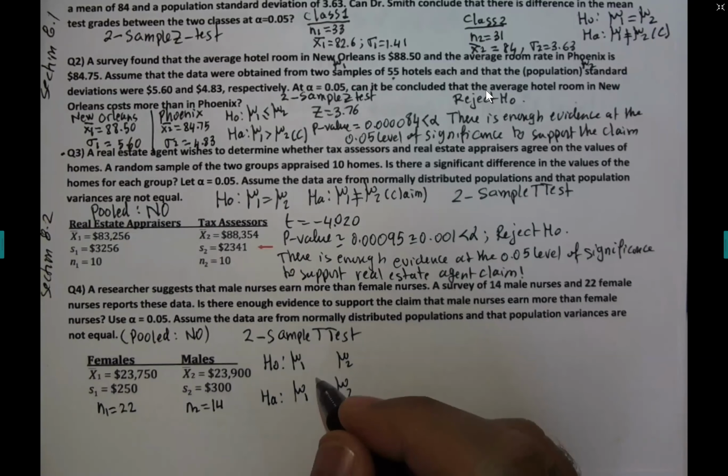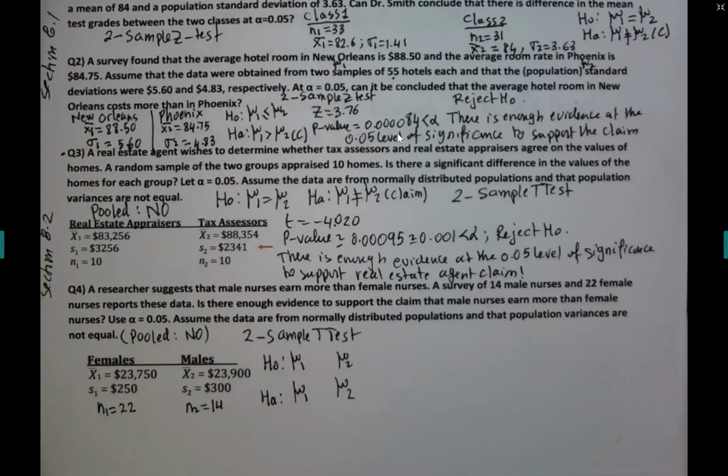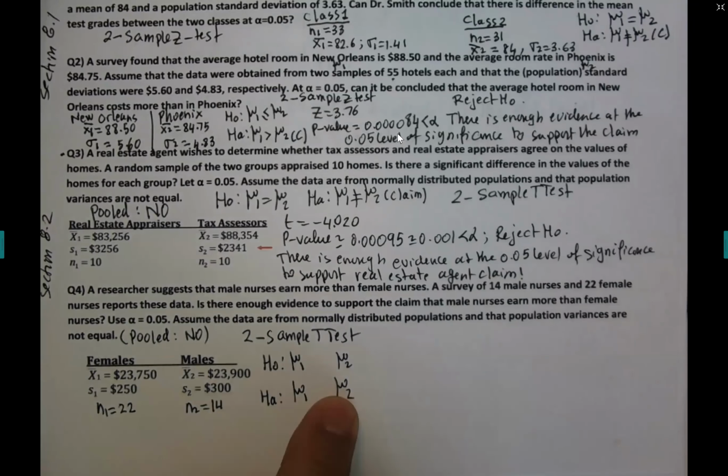Why is that? You see, this problem was going to get a lot of students. Why? I said I disagree. That's not correct. If you do it, you'll be testing the wrong claim. We start talking about males, right, guys? But did you notice in the listing down there, he didn't list males to be first. He listed them to be second, number 2. And number 1 is the females. If you test mu1 greater than mu2, guys, you will be testing the claim that the females make more than